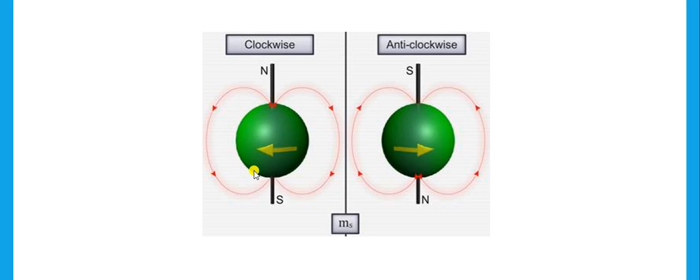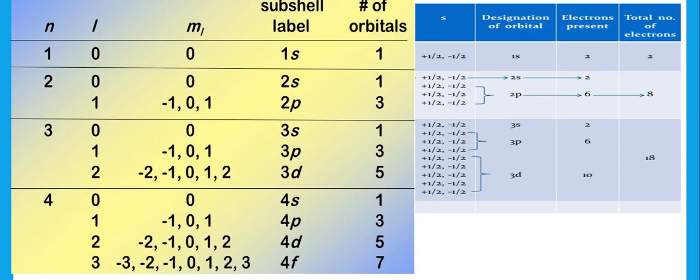As the electron is a charged body, it produces its own magnetic field, and the direction of the magnetic field when it is moving clockwise is different compared to when it is moving anti-clockwise. Okay students, as we have discussed all four quantum numbers in detail,